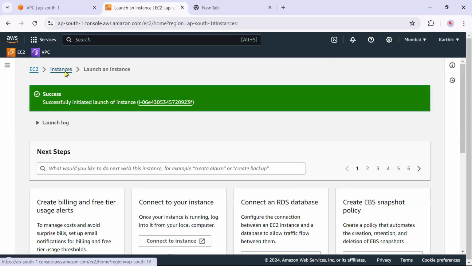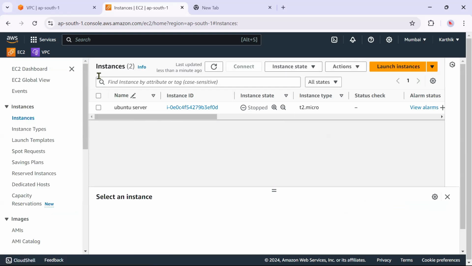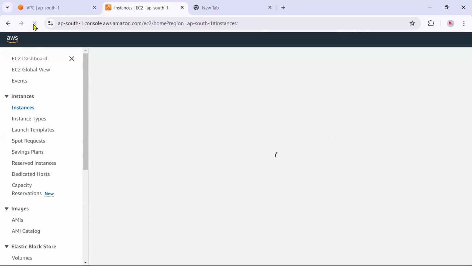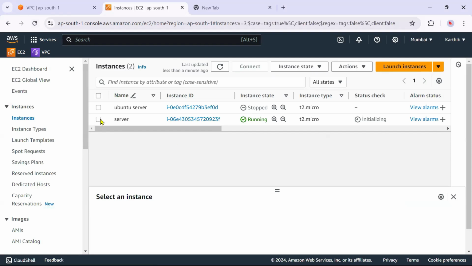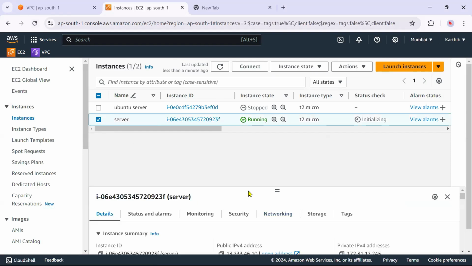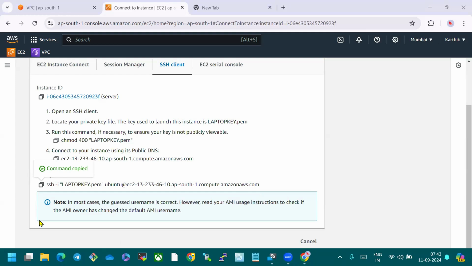Now if I want to log into this, what should I do? Just click on connect. You already know the command, right?